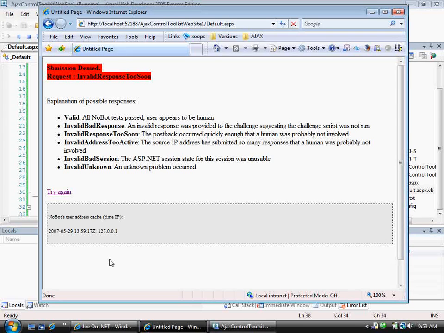Some of the various types of things that can cause the validation to fail are an invalid response, it's too soon, this particular IP address is too active, there's a bad session state or no known session state, or some other problem occurred. So you can get as advanced as you like in terms of your custom response mechanism,